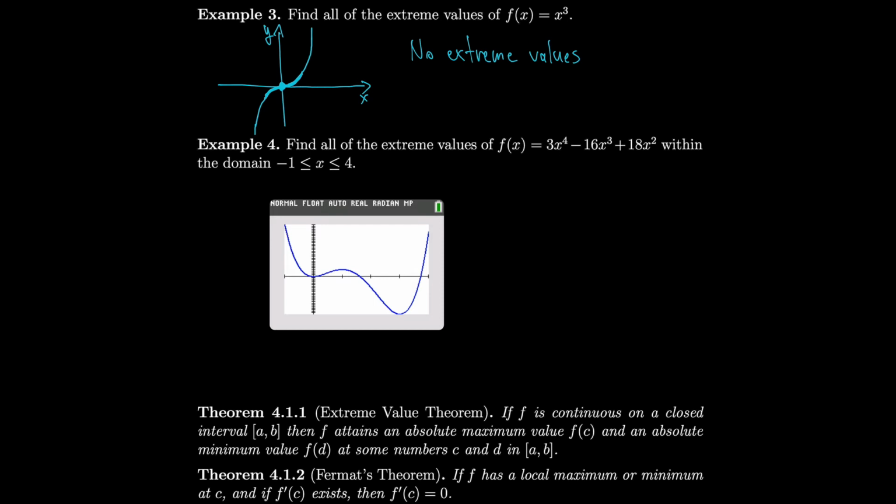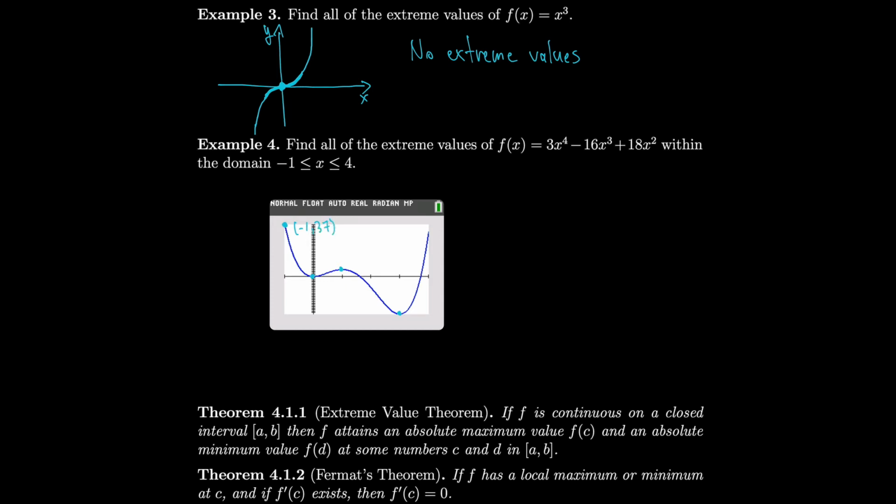Well, it looks like right over here is bigger than every other value. It also looks like over here is bigger than all of the nearby values. And it looks like over here is smaller than nearby values. And it looks like over here is smaller than all of the values. So we could go back to our calculator, but you could see that this point's going to be -1,